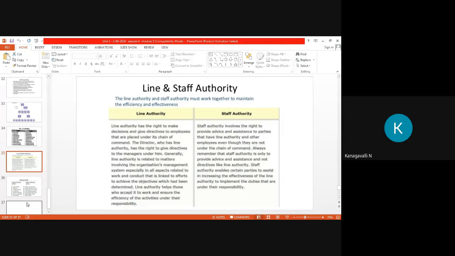So in general, the line gets out the production, while the staff carries on the research, planning, scheduling, and some other things. Staff authority is in general the functional part, while line authority is a form of production. The authority by which the staff performs these functions is delegated by the line, and the performance must be acceptable to the line before action is taken. Then the types of staff are functional staff and specialized staff.